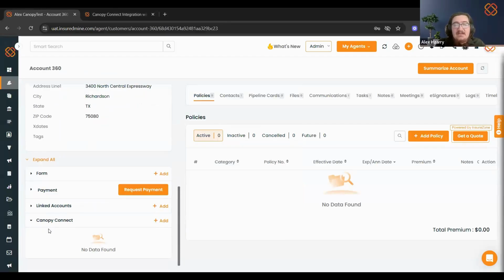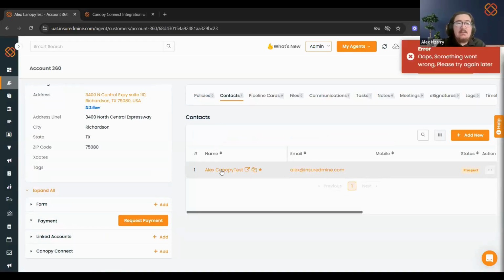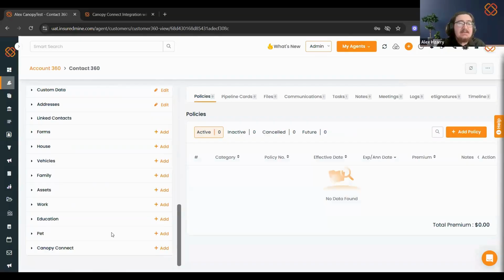This setup is pretty similar regardless of which page you're looking at in InsuredMine. If I go into the contact section over here, the contact page has it in the exact same place. At the bottom of this custom data input, we can see the Canopy Connect link option. Now, from a pipeline card,